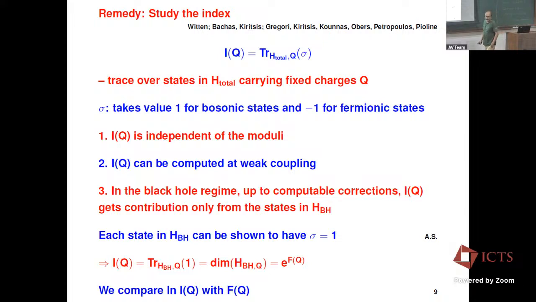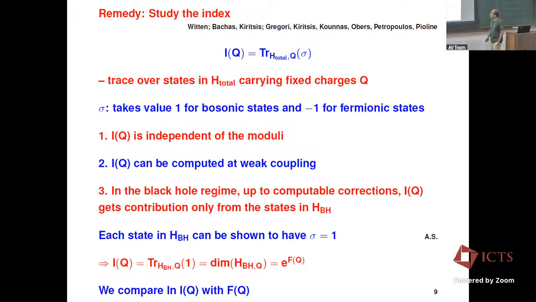Now, if this language of bosons and fermions is not familiar, you can just think of this Hilbert space as having a Z2 grading. And sigma is basically the generator of that Z2 transformation. So you count states with signs. You count with 1 if sigma is 1, and with -1 if sigma is -1. So this is close to the dimension of the Hilbert space, but not quite, right? If sigma had been 1, then this would have counted the total dimension of the Hilbert space with a given